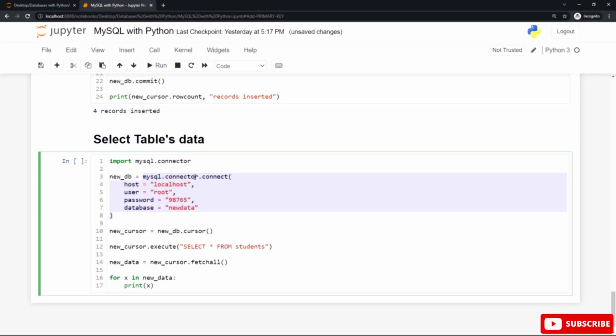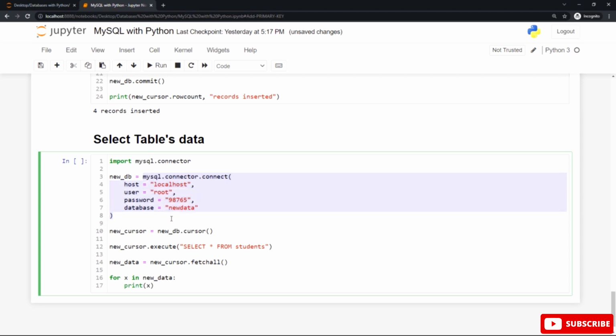You can see that here, by using this module MySQL.connector we use the connect built-in method, or the connect statement, with this information for our database called new data. The host name, this is the first argument inside the round braces of the connect method. The second argument is the username. The third argument is the password. And the database, our database is called new data.